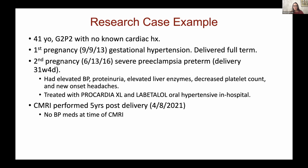But then in her second pregnancy in 2016, she had severe preeclampsia preterm. So that's the worst of the worst, right before the worst being eclampsia, delivering at 31 weeks and 4 days. And so she met all the criteria of severe preeclampsia as noted below, and she was treated with blood pressure medications in hospital. And so her cardiac MRI, which Liz is going to share with you some of those images,